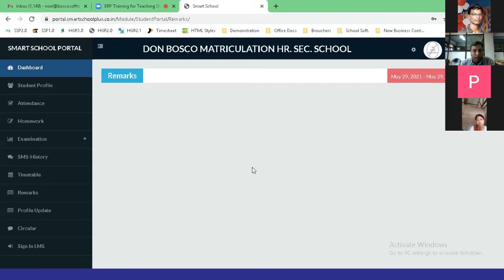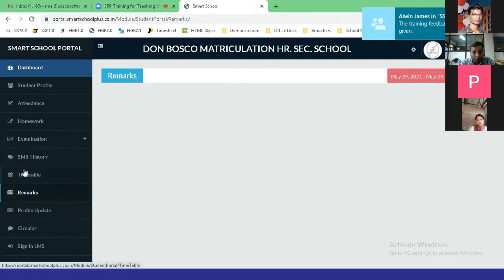On selecting the student, they can click on remarks below, telling that this particular student is misbehaving. The remarks are also customizable. You can make your remarks in any format, and customization is possible. The parents will be able to see that.